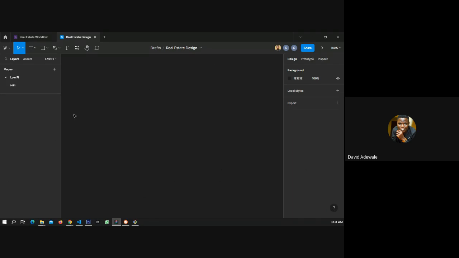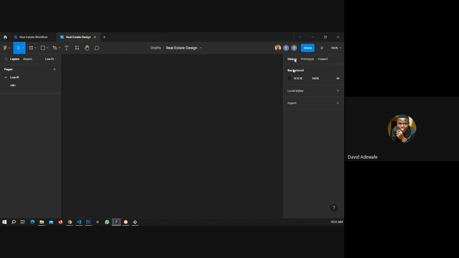So before I forget, I was explaining this panel here. That's the left hand. And then we have our canvas side. This is where all our designs are placed. All the designs on Figma, this is where they are placed. This is where we have to rename our project. You can just give it some information. If I want to delete the project, move the project to another place, we can change the location of this.